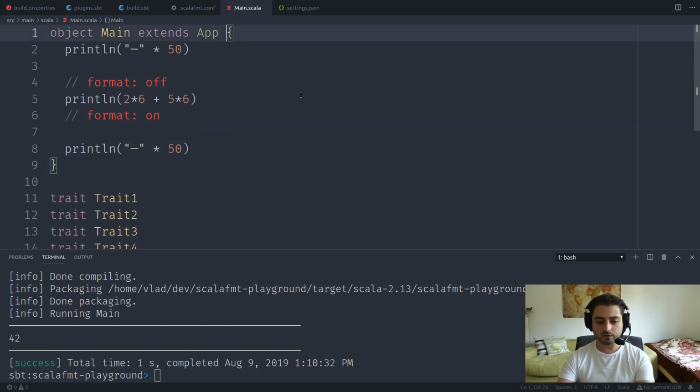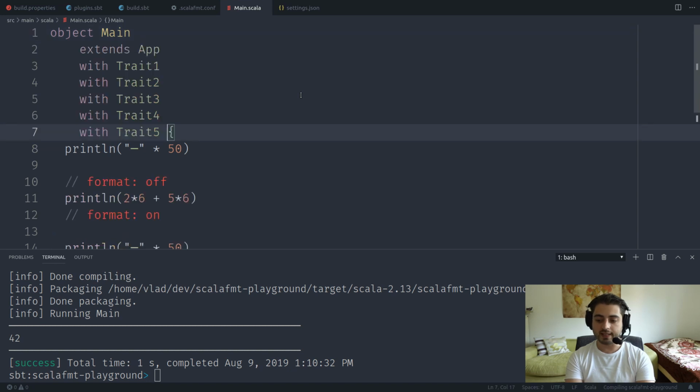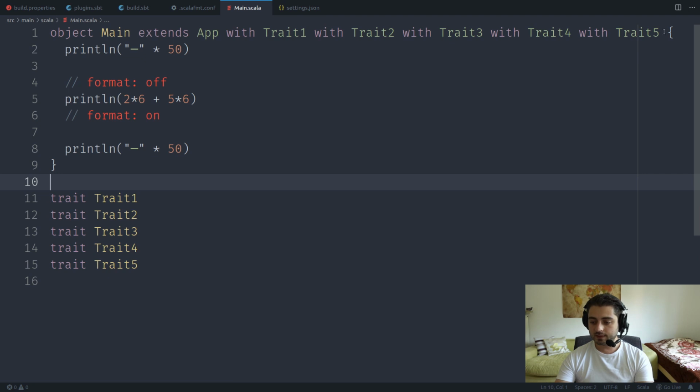So now if we go over here and we say extends app with trait 1, save, it's fine. With trait 2, save, it's fine. With trait 3, save, it's fine. With trait 4, save, it's fine. With trait 5, and now it's longer than 80, and now it's going to do this, right? So it's going to jump around like this. Okay, so what I want to show you is that if we click over here, which is the last place